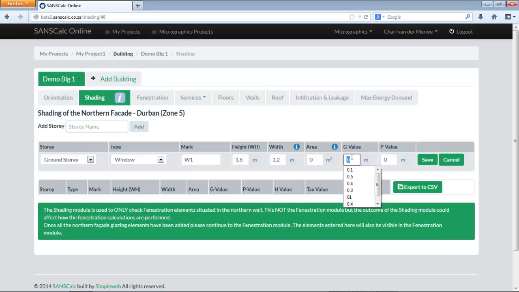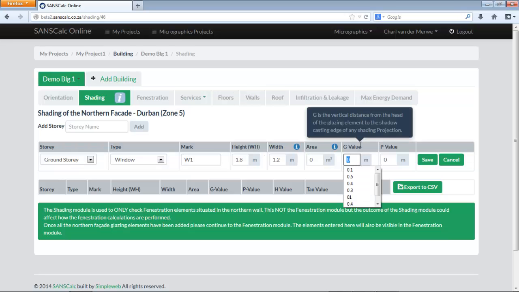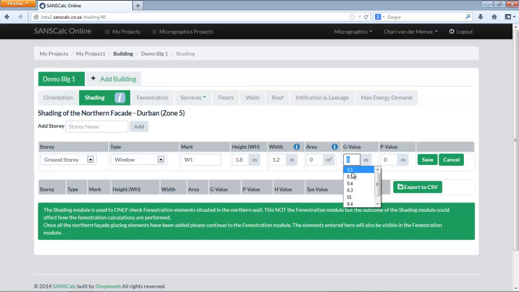Then the G value is basically the vertical distance from the top of the fenestration element to the underside of the shading device. I'm going to make that 0.3, and that gets added with the window element to get H, and then H gets included in the calculation to calculate the